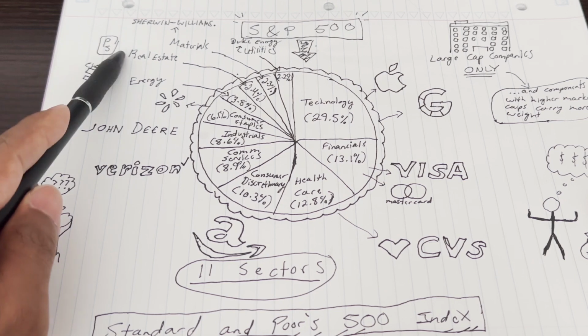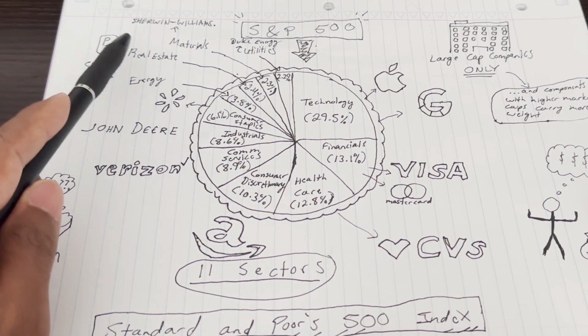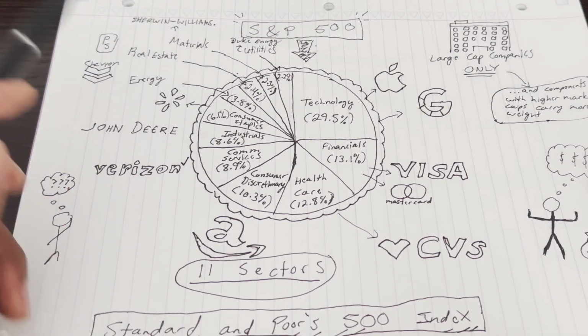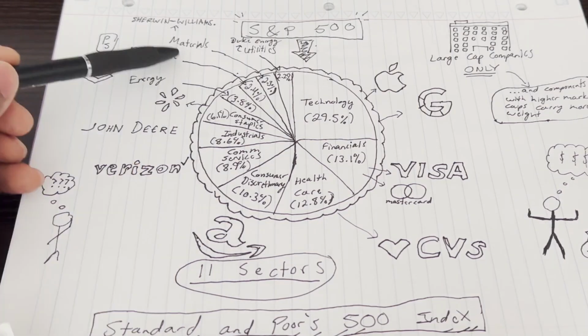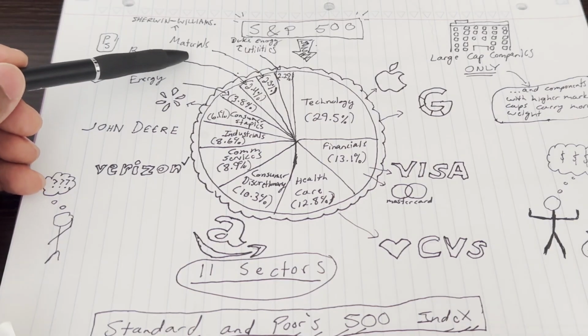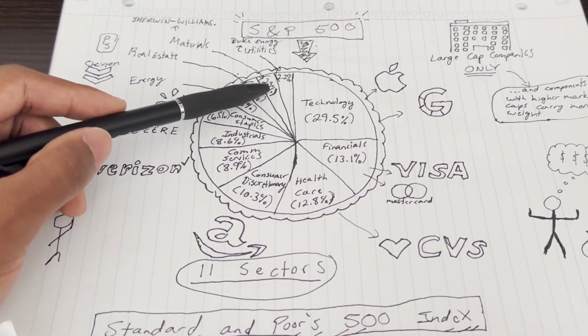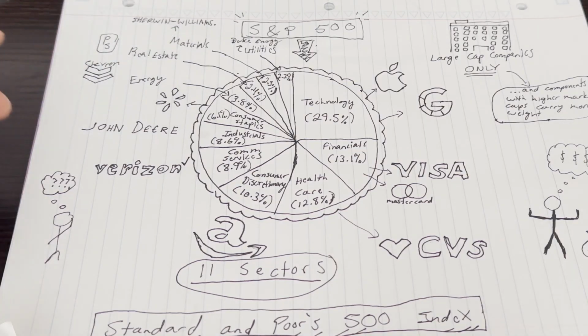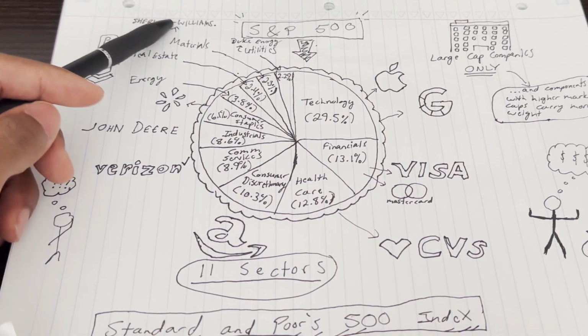I know this is a poorly drawn label, but bear with me, that's Public Storage. If you've seen those orange garages everywhere that helps people put things away, that's exactly the company I'm talking about. Another example would be O Realty. And then the last couple, we have materials, and that's companies like Sherwin-Williams. I'm sure you've seen their paint everywhere. That's a good example of materials.